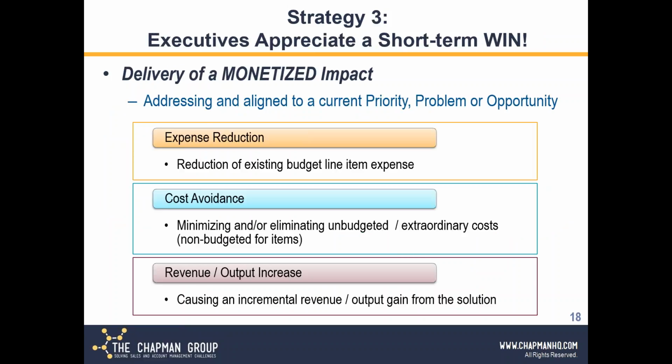A third strategy is converting that feedback that we get, either from our team and/or the customer. By the way, customer is very strong. Get that feedback from your customer, high, wide, deep, and monetize it. And learn how your customer is telling you back how you're helping them reduce expenses, how you're helping eliminate or avoid unnecessary expenses, and maybe in some cases get feedback on how you're helping them